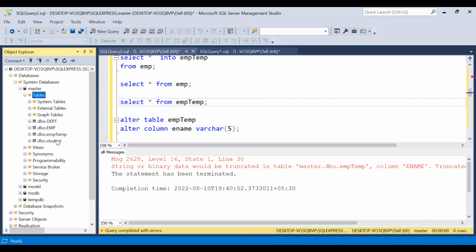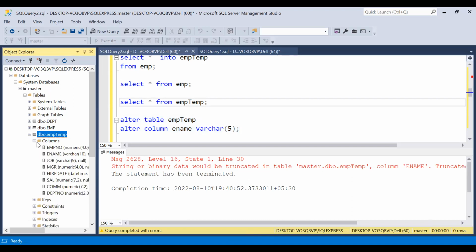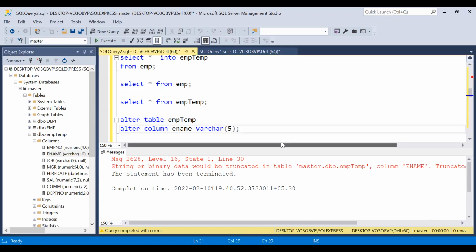Yes. Then come to, so now you can see EMP table is there in the database. And you can see the columns. So it's not changed, you can observe. Because already some data is there. Let us check with 6 actually. Okay. Because you can see in the EMP temp table,